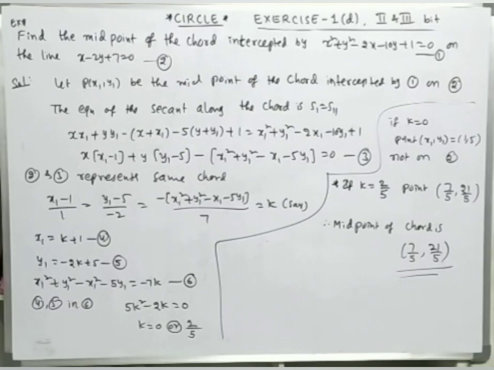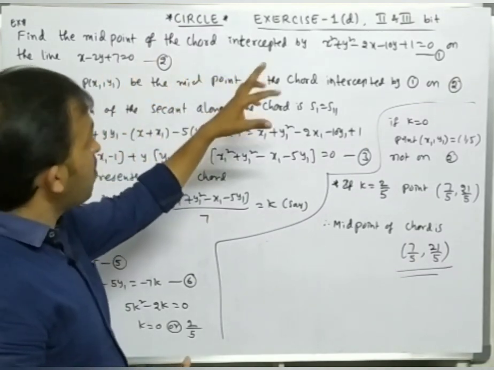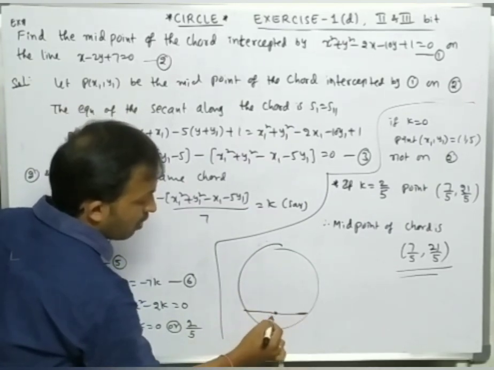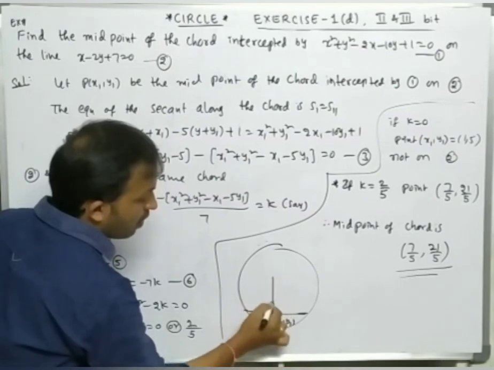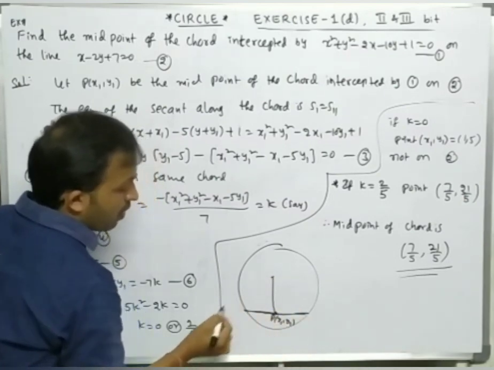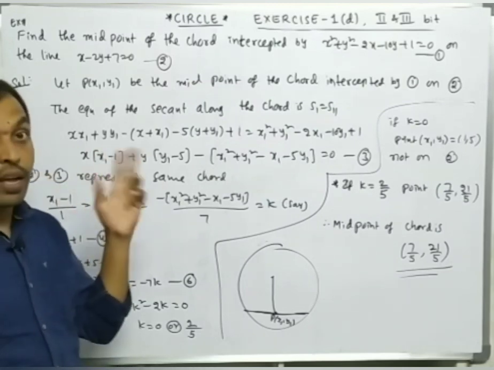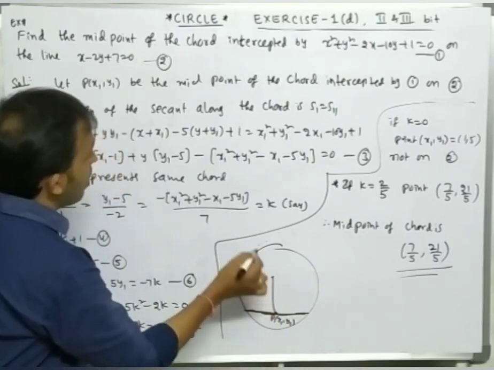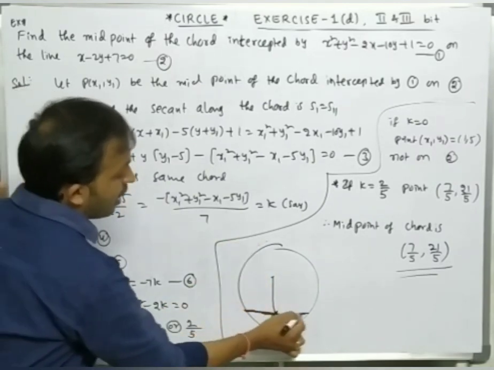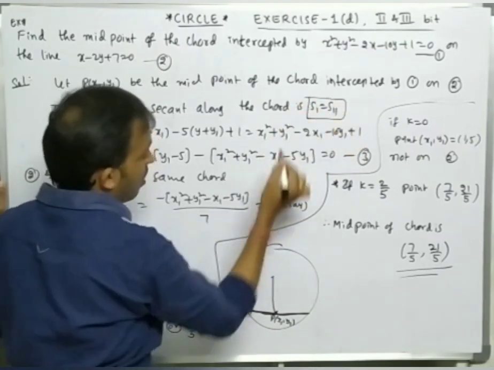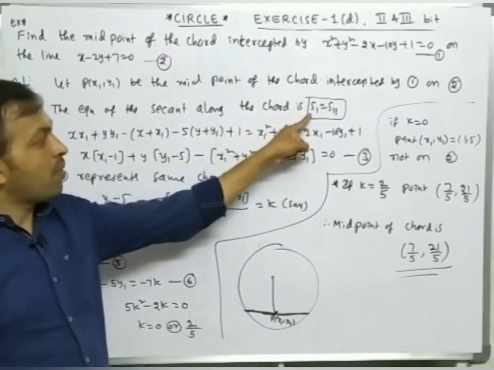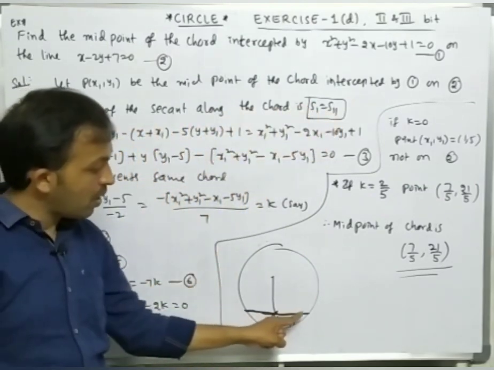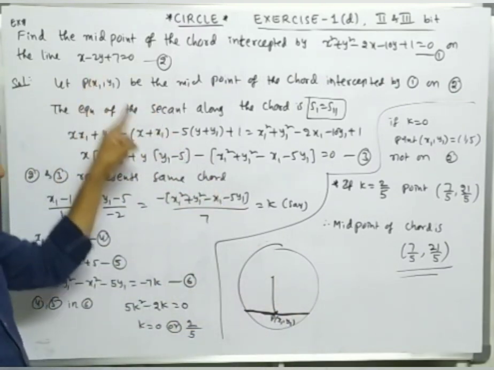Last problem, it is an example problem. Find the midpoint of the chord intercepted by the circle on the line. This is the circle, this is the chord, we should find the midpoint. Let the midpoint be (x1, y1). So find the equation of the secant. Already in the concepts I explained the midpoint of the chord concept. So the formula for this secant line is S1 is equal to S11. So write the notation of S1 and S11, substitute and simplify, you will get the line equation of the chord. Already in the question it is given, this is the equation of the chord.